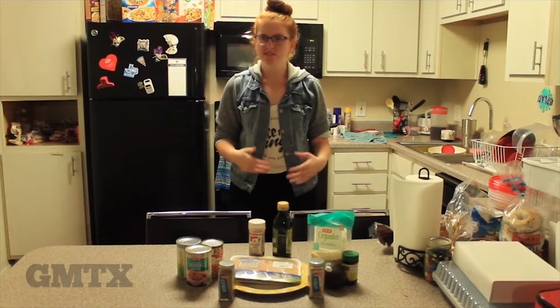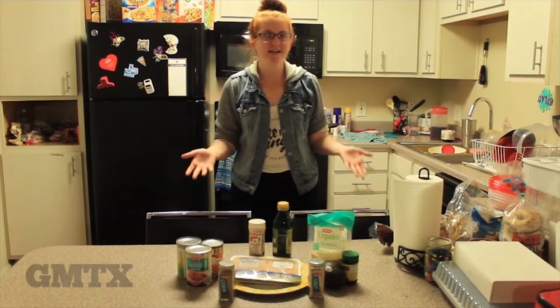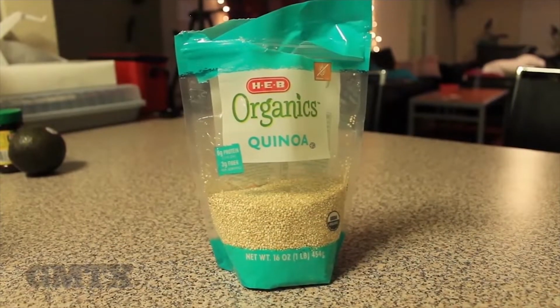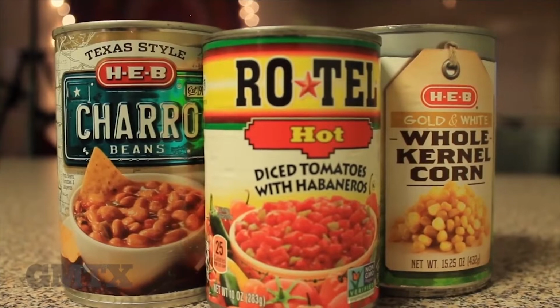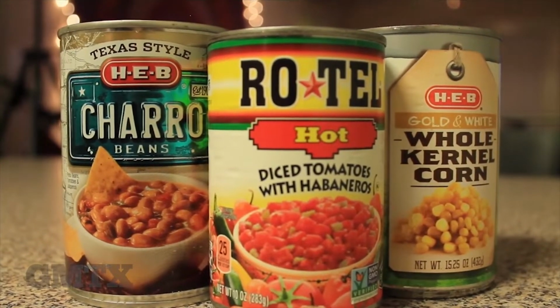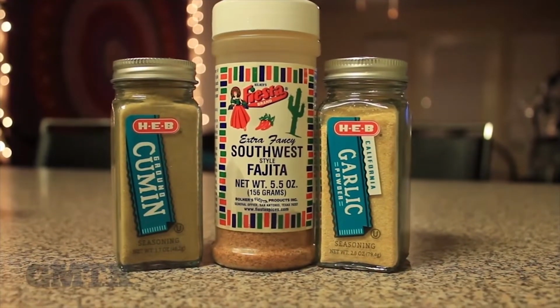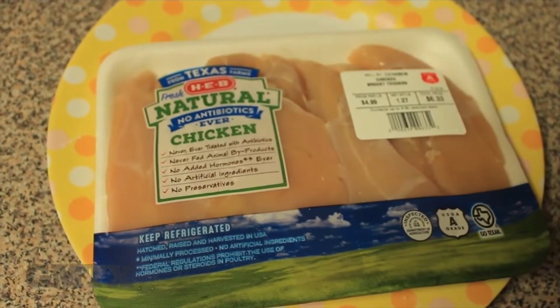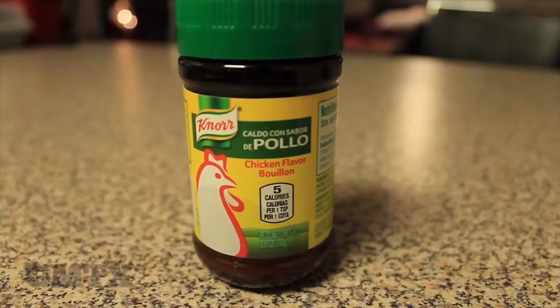It's pretty simple. It just consists of a few canned goods, some chicken, and some quinoa. So let's go ahead and get started. You will need 1.5 cups of quinoa, 1 can of diced tomatoes with chilies, 1 can of corn, 1 can of beans, garlic powder, cumin, and fajita seasoning, 2 chicken breasts, olive oil, and optional flavorings of chicken bouillon and